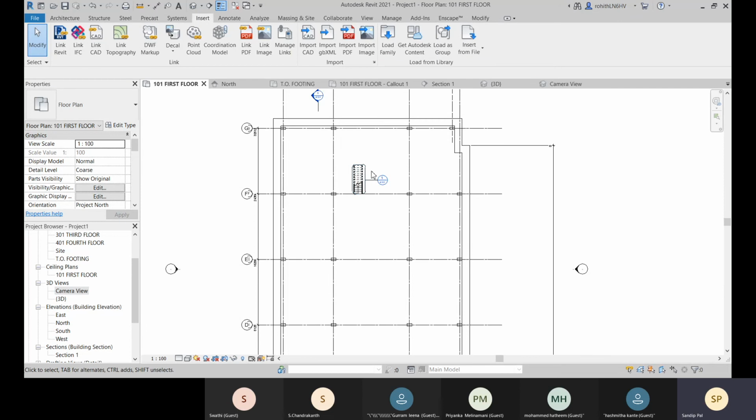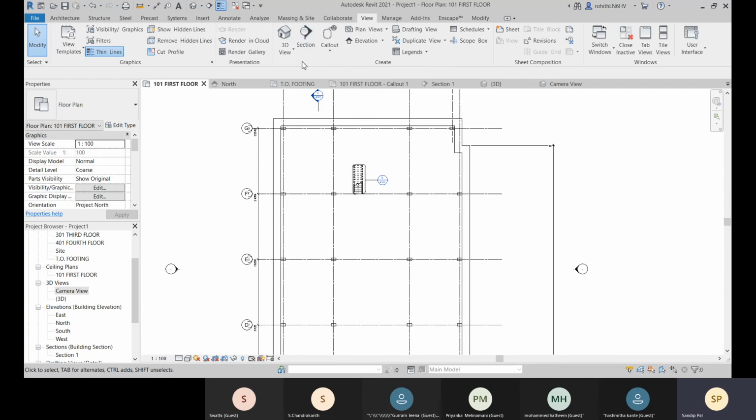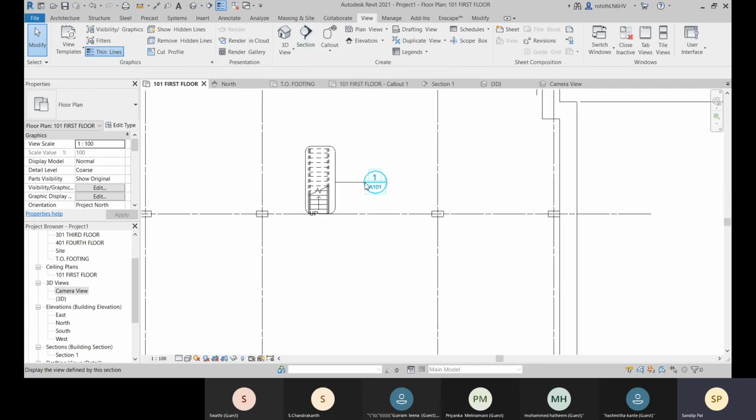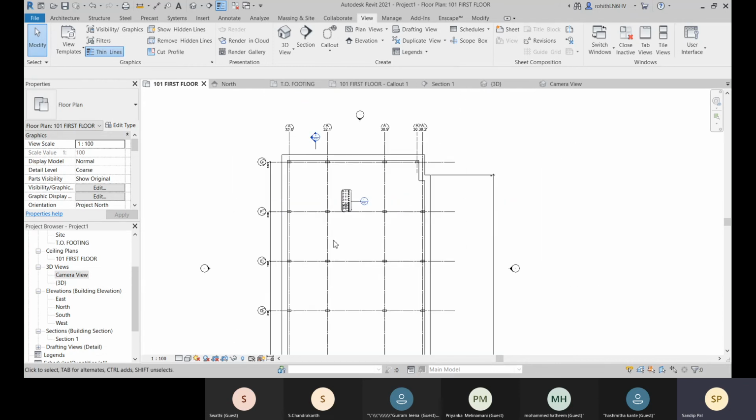The callout is for creating your detail views, and we created a section view with the section option. These views will be added to the sheet, and accordingly the view number and the sheet number will be provided.